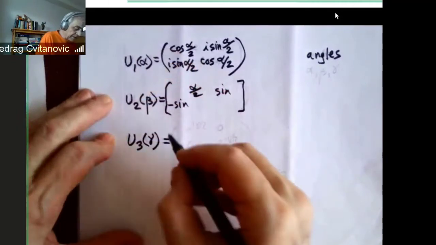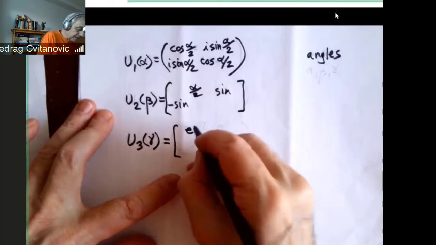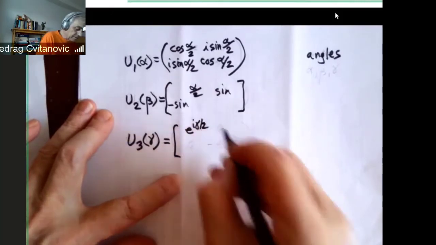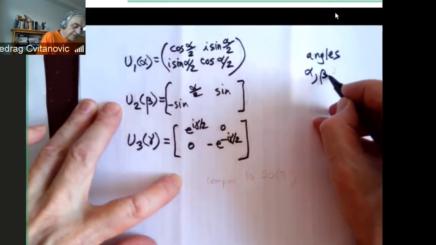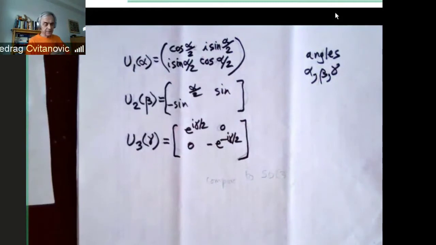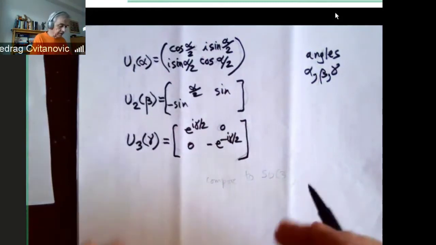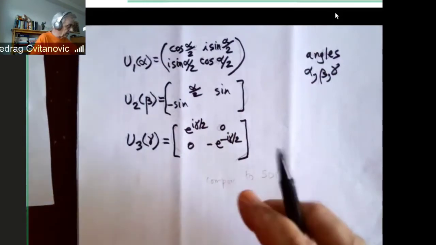And this one, remember, was a diagonal thing. So you just get e to the i gamma over 2, just a complex number here. So you can parameterize group rotations of SU(2) in terms of these kinds of angles,